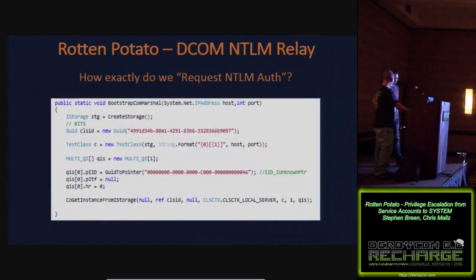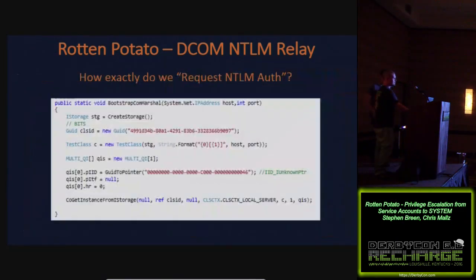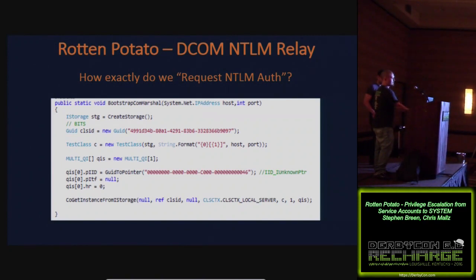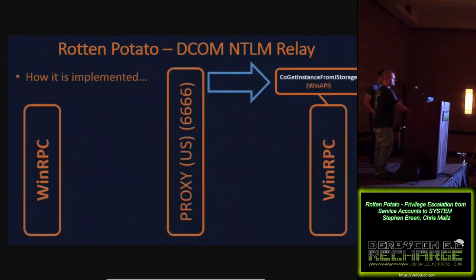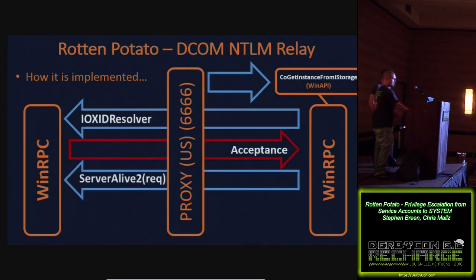So basically what this does is, we kind of trick RPC into authenticating to our proxy, and this is sort of how it works. When RPC starts up, it makes a few calls, and we can actually set the proxy that we want on it. So it sets up these calls here. This is basically just setting up the thing for NTLM authentication.